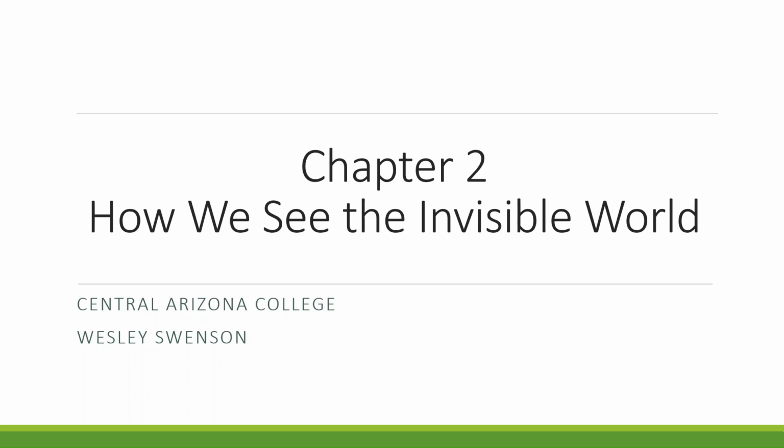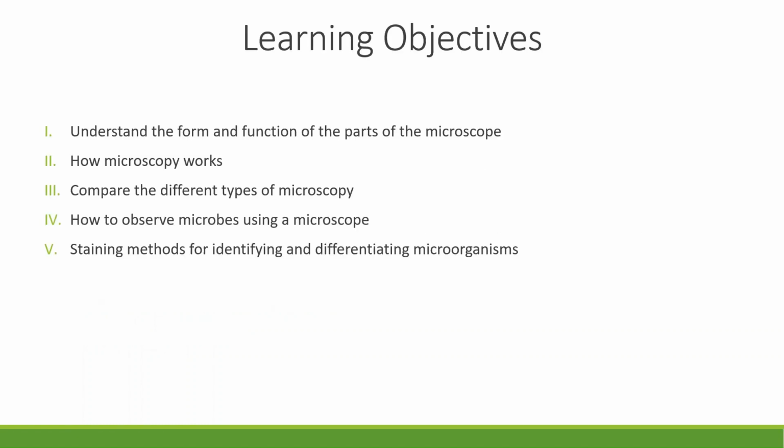Hello and welcome, everyone. In Chapter 2, How We See the Invisible World, we are going to focus on how scientists view microscopic organisms. It's going to involve the following learning objectives: understand the form and function of the parts of the microscope, how microscopy works, compare the different types of microscopy, how to observe microbes using a microscope, and staining methods for identifying